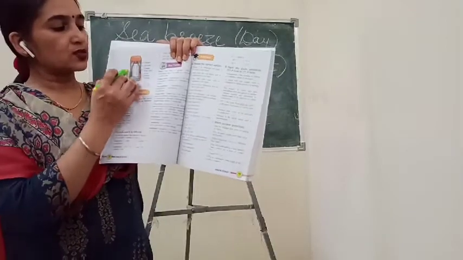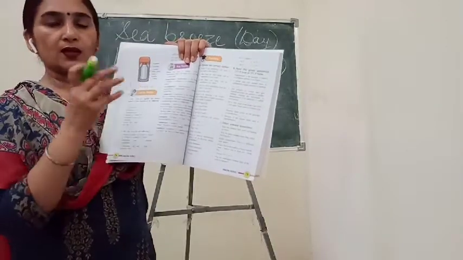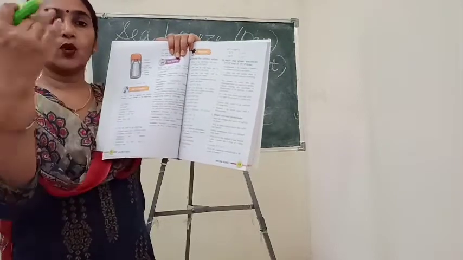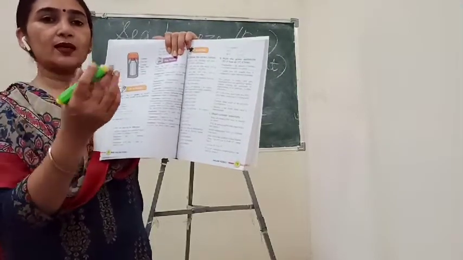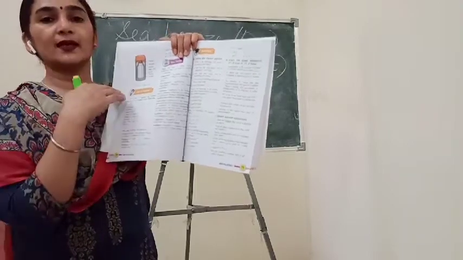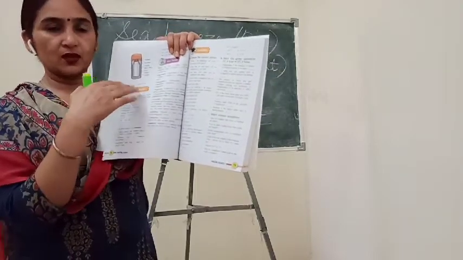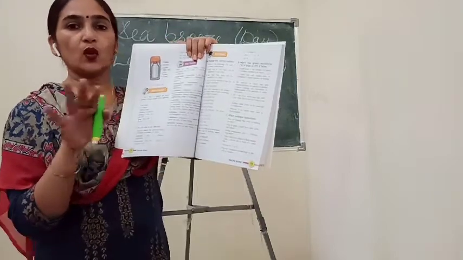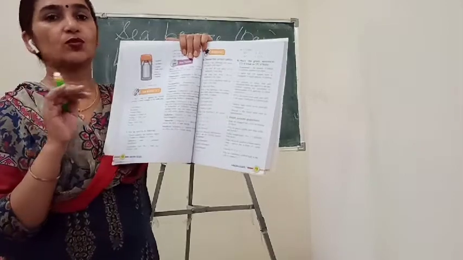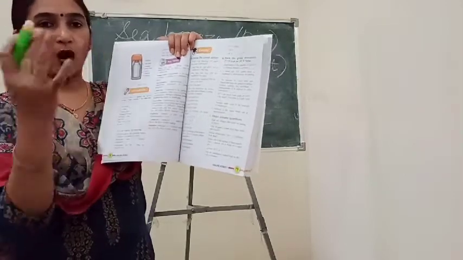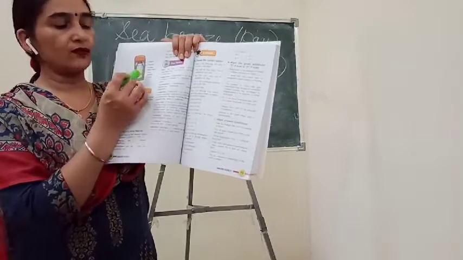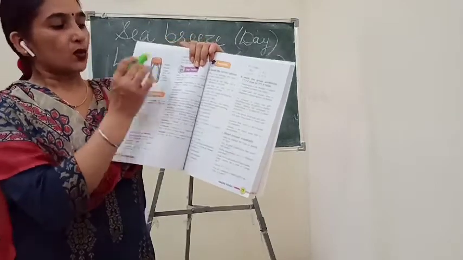So this insulator will not let the heat go from inside to outside, or allow heat from outside to inside the thermos flask. You know that insulators do not allow heat or electricity to pass through them. Understand? So if there is cold weather outside, there will be no effect inside. So after that,